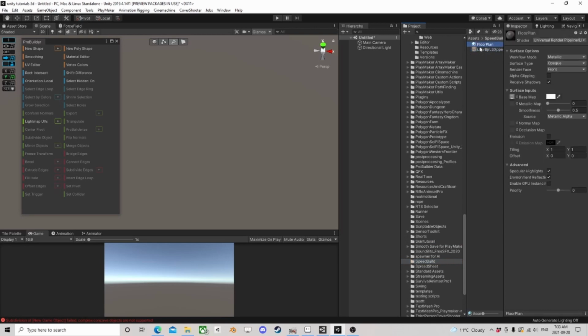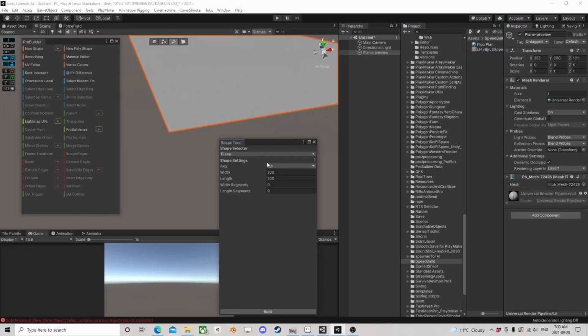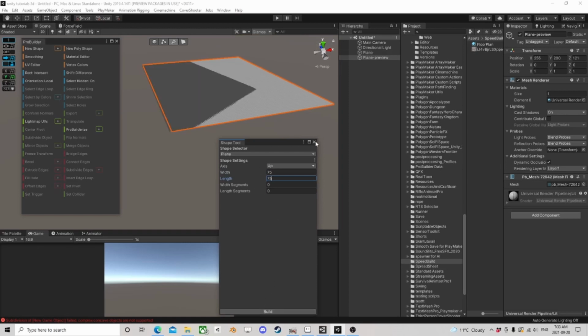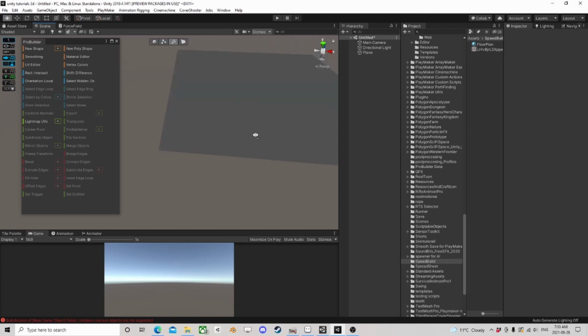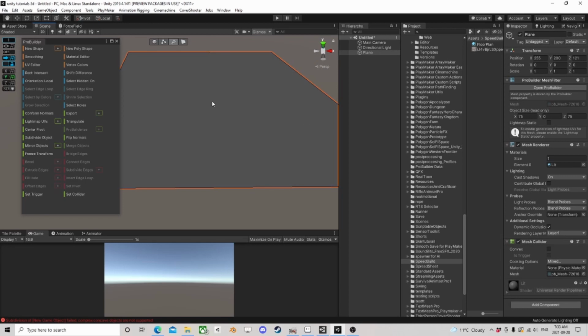So new shape, I'm gonna go with say 75 by 75 for this one, and zeros build. Okay, so now I have a plane essentially that only has one face. It's just more or less a giant quad, and I'm gonna take this floor plan, drop it on here. It's obviously all messed up, so I'm gonna go UV editor,